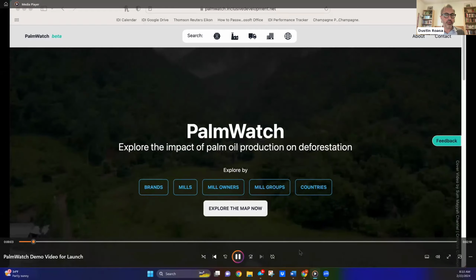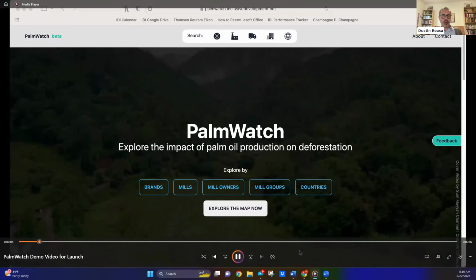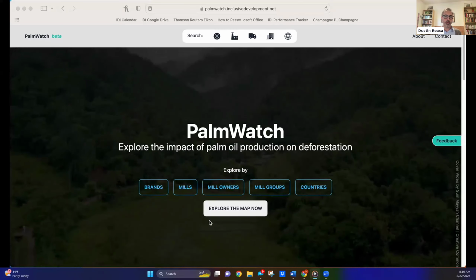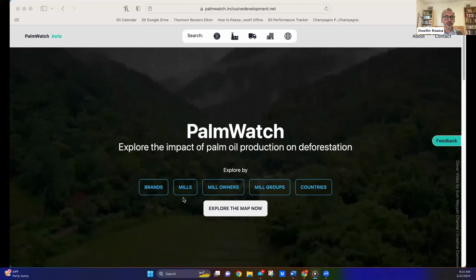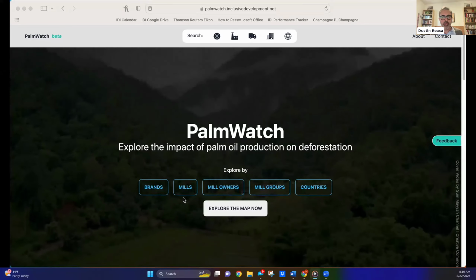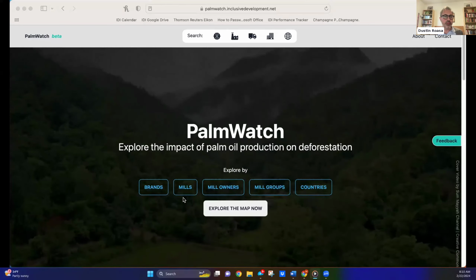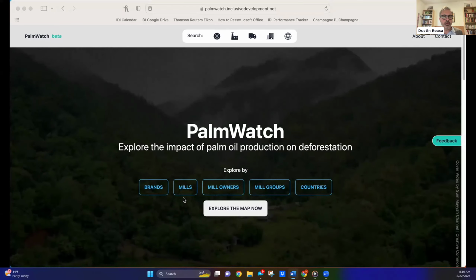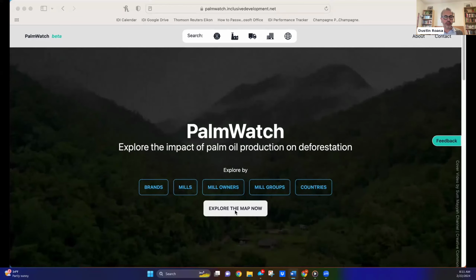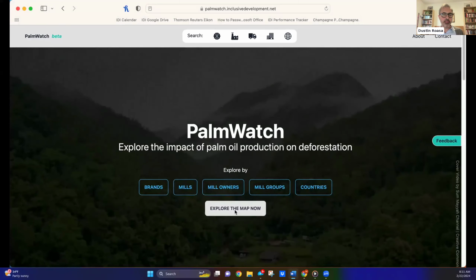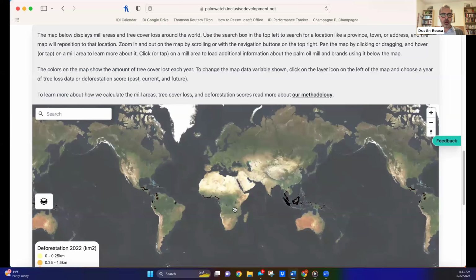So PalmWatch puts all of the brand mill disclosures in one database, and it standardizes them and makes them searchable. So you can view and search this information in a bunch of different ways. You can look at the brands, the mills, the owners of the mills, and you can also look by country. PalmWatch then puts more than 2,000 mills that the brands are sourcing from on a map, and it pins their